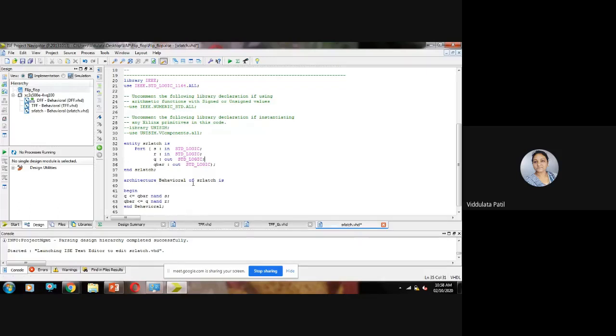Okay, so it will have this much code only.